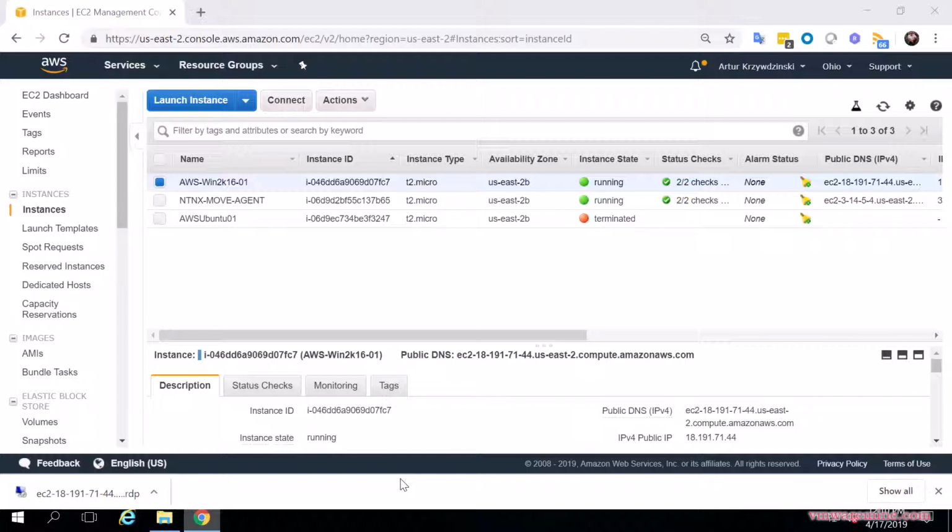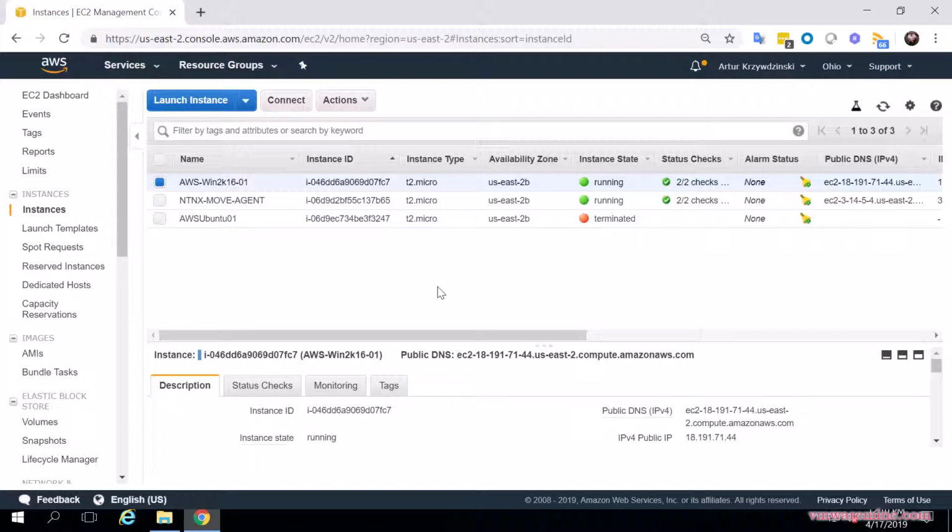Migrate Windows 2016 from AWS onto Nutanix AHV. To do that, I'm gonna use Nutanix Move. Nutanix Move is a migration tool which helps you to streamline migration from AWS or from Hyper-V or from VMware onto Nutanix AHV. So first of all, as you can see on my console, I have a micro instance